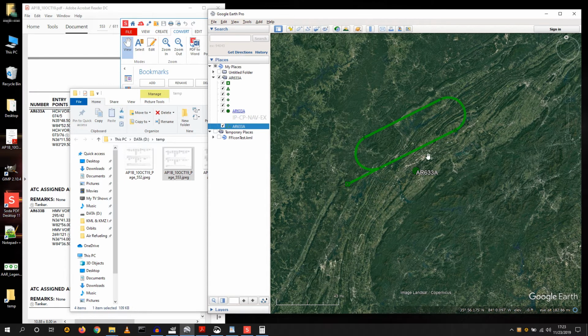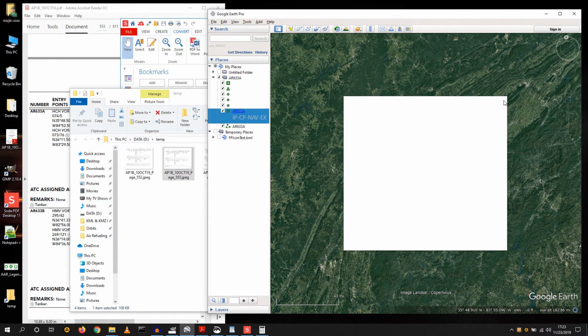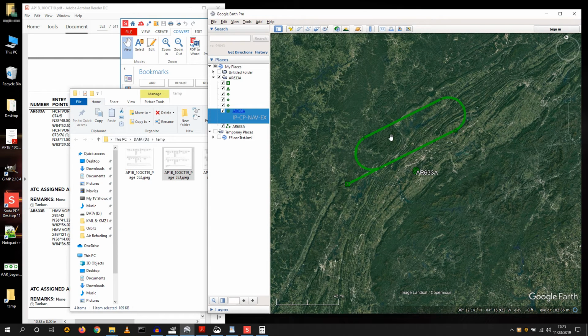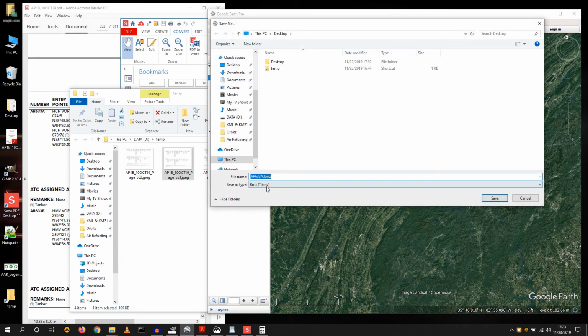AR633 Alpha. If you export that into ForeFlight, you're going to see an IP here, you're going to see a CP here. You get your other nav points. For each of those points, you can click on them and say direct to or add to your flight plan. And then when I click on this point, I'm going to see all this text that I can select as well as these pictures. So the final thing we're going to do is take this whole folder, right click, hit